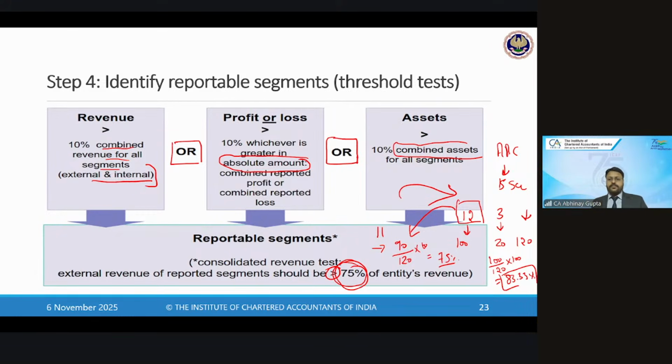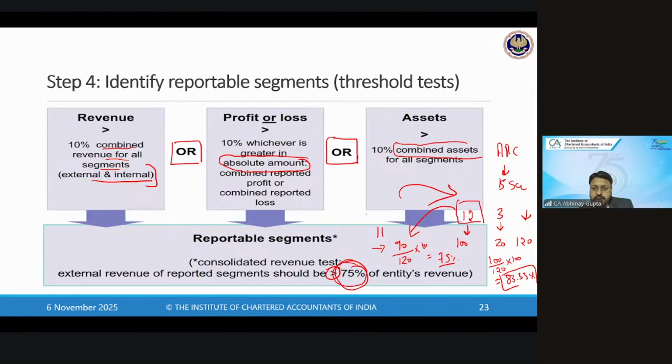So in practical life, because we are sitting right on 75% itself, we can take a call, but as per the standard, it should be greater than 75%. So all the reportable segments taken together should constitute greater than 75% of the revenue. In that case, it is good to go. If it is coming beyond 75%, then we can find some aggregation opportunities if available, subject to the rule book of aggregation. And if it is below 75%, let me take another